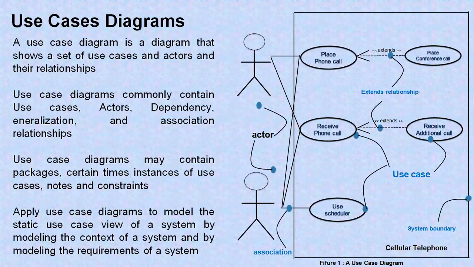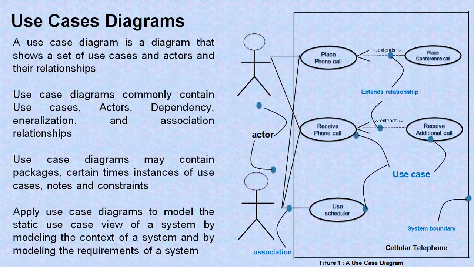Use case diagrams are one of the diagrams in the UML for modeling the dynamic aspects of the system. Activity diagrams, state diagrams, sequence diagrams, and communication diagrams are the four other kinds of diagrams in the UML we use for modeling the dynamic aspects of the system. Here, use case diagrams are central to modeling the behavior of the system or a subsystem or a class. And each one shows a set of use cases and actors and their relationships.